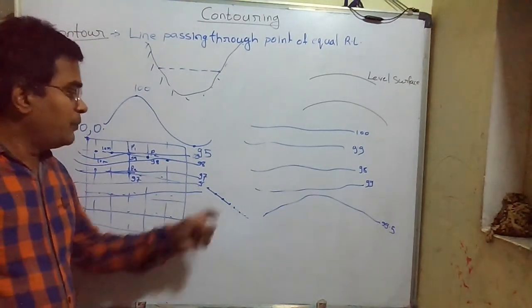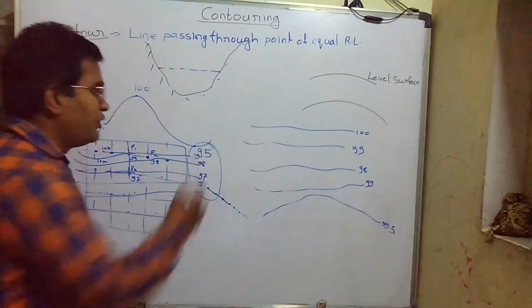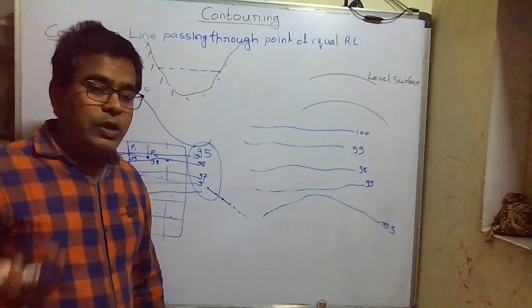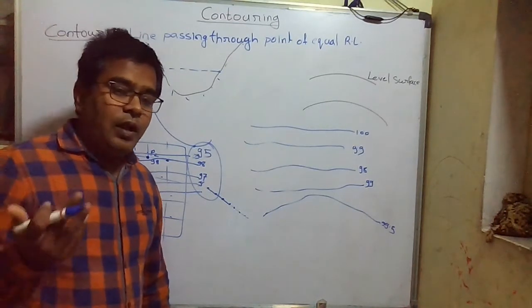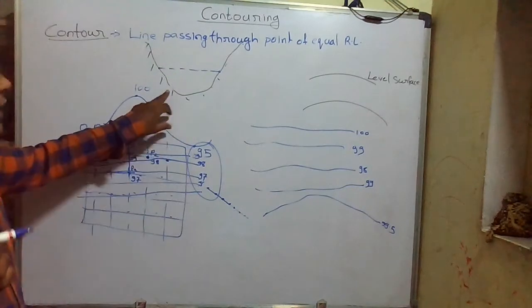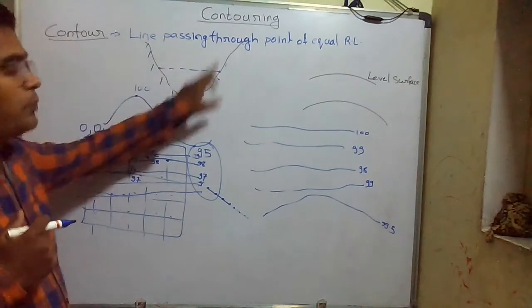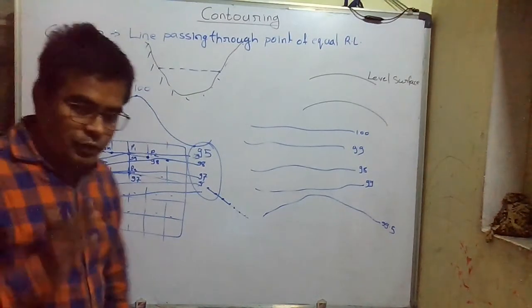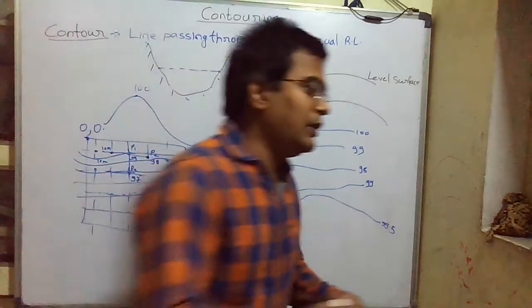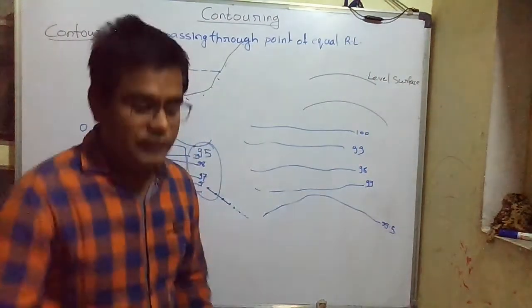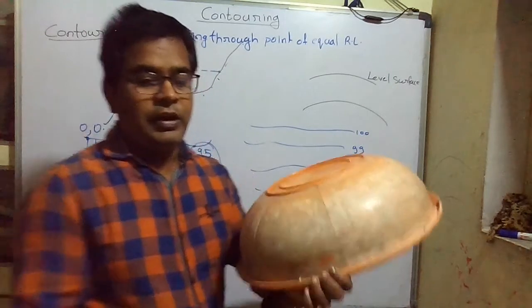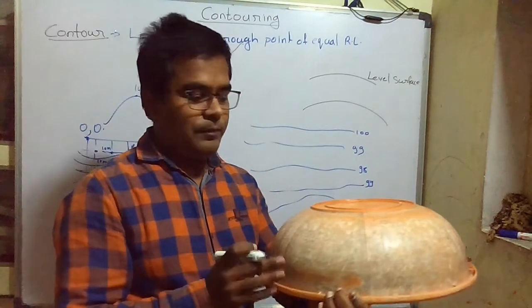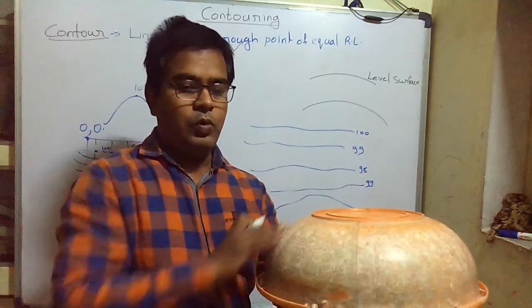So this is the use of a contour map: by visualizing the map, we can say what the nature of the ground is. Now see here, I have drawn something. We can say this is a pond. What is the nature of this pond? Suppose, for example, this is one elevated portion, or we can say this is a small hill. It is rising here.